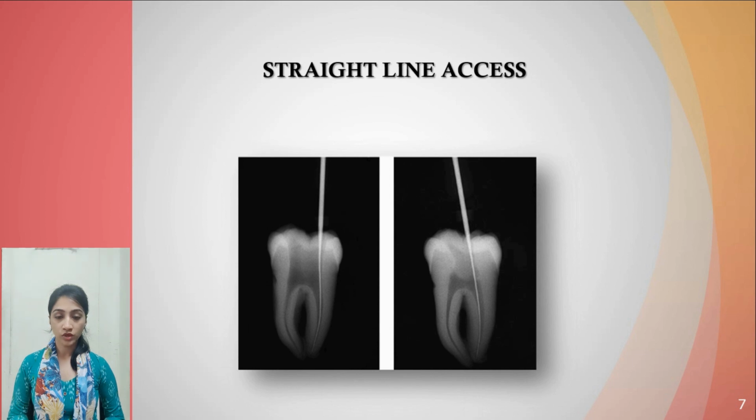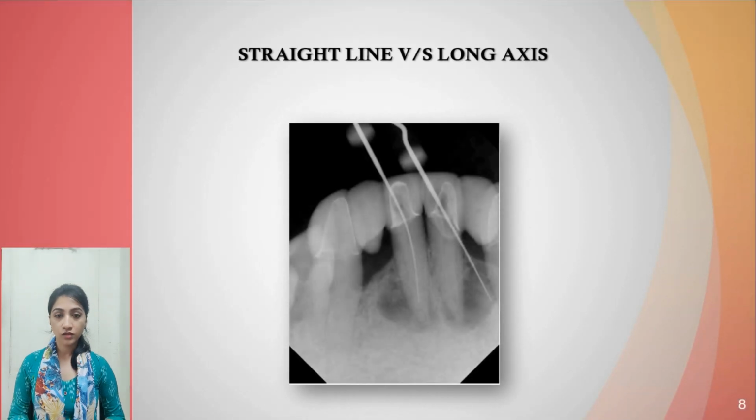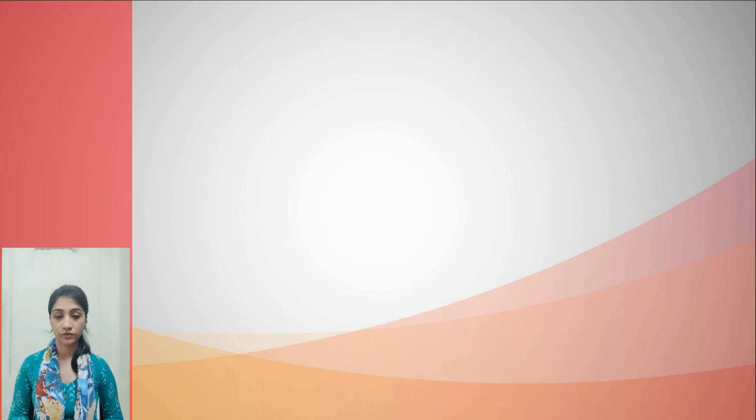As I've mentioned before, the term straight line access is an important feature of an ideal endodontic access cavity. But this is an internal feature of the access cavity. Now before we start with the endodontic access, what is more important than the straight line access is the long axis of the tooth. Many a times when we follow the anatomy of the clinical crown to prepare a straight line access, mishaps do occur. This is because the clinical crown we see in the oral cavity may be tilted with respect to the root, or the tooth might have migrated, and there can be prosthetic crowns that do not follow the anatomy of the root.